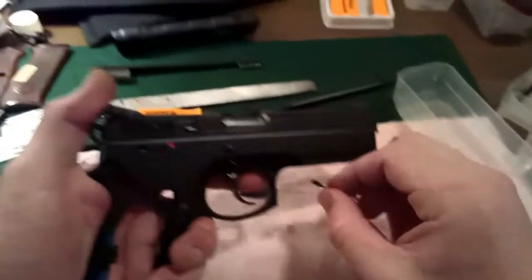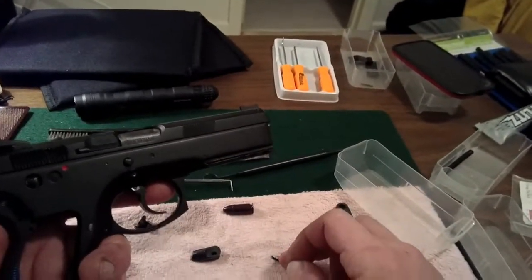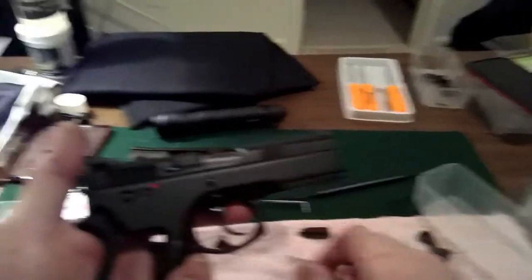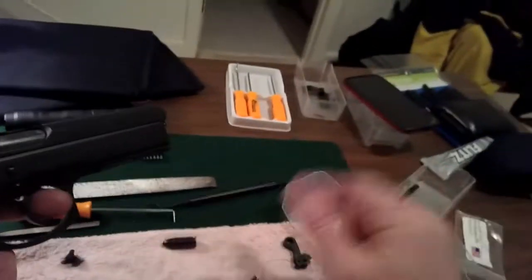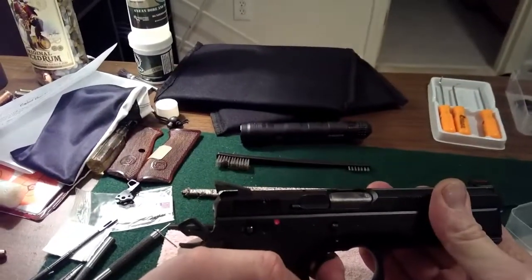Alright, so I think I'm close. This is my second attempt. I started not putting in the little safety retainer and this little hammer pin and this guy on the other side of the safety, just because I feel you don't really need them to test it. That way, there are a few less things you got to take apart, because those little things, especially this guy, can be finicky. Just all that for just a test. But so far